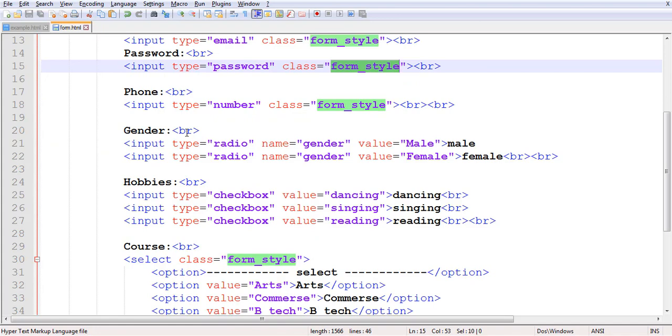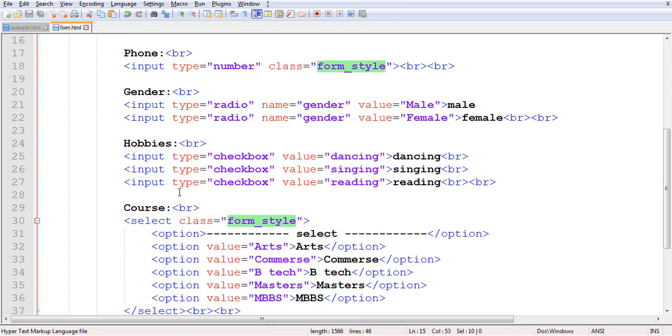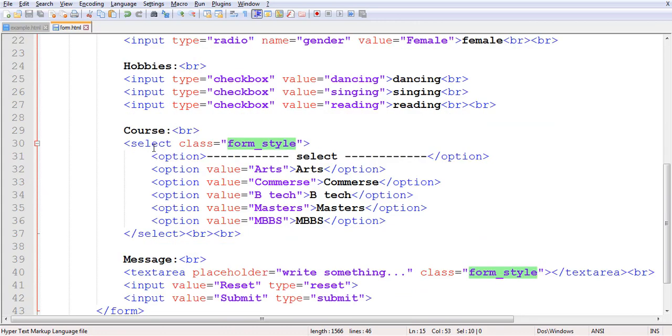In gender I haven't needed it, so I have not mentioned the class. And in hobbies I also have not mentioned it. Why? Because it is not needed here. So in the select box I have needed it, because I want to maximize